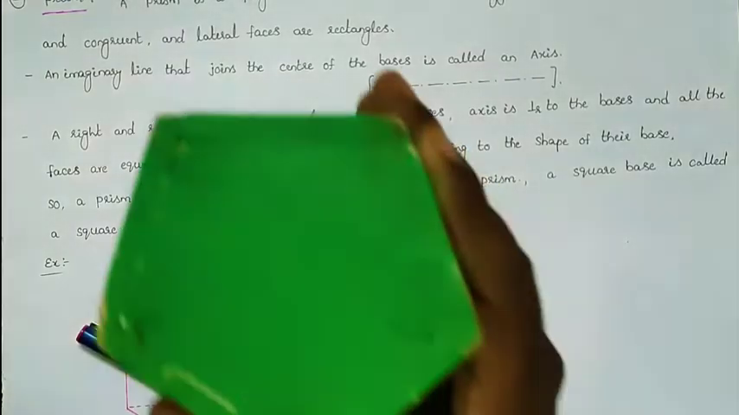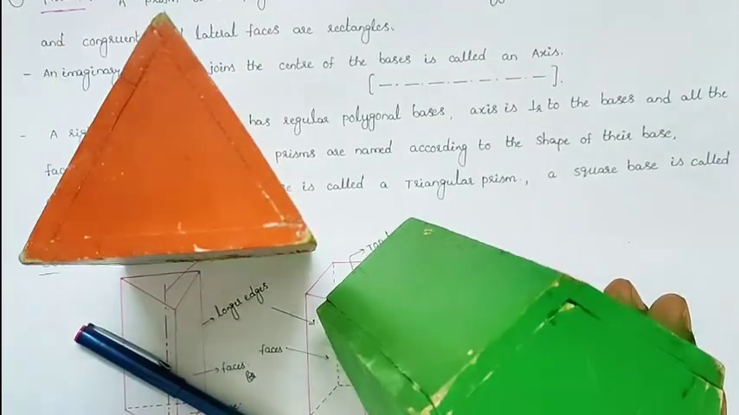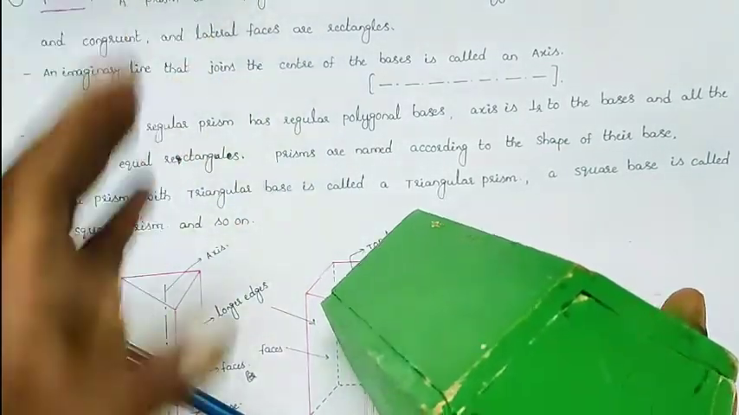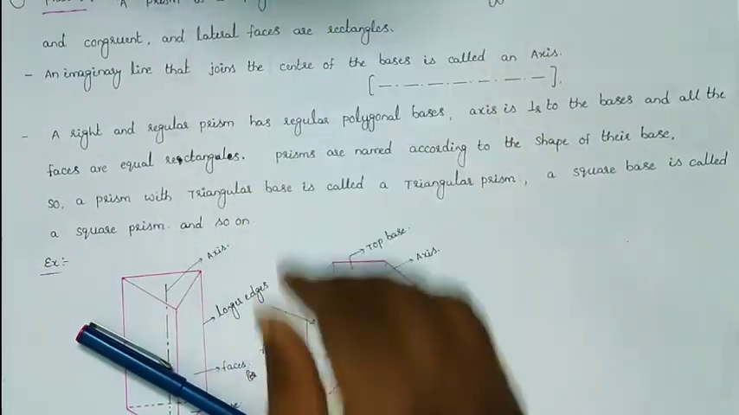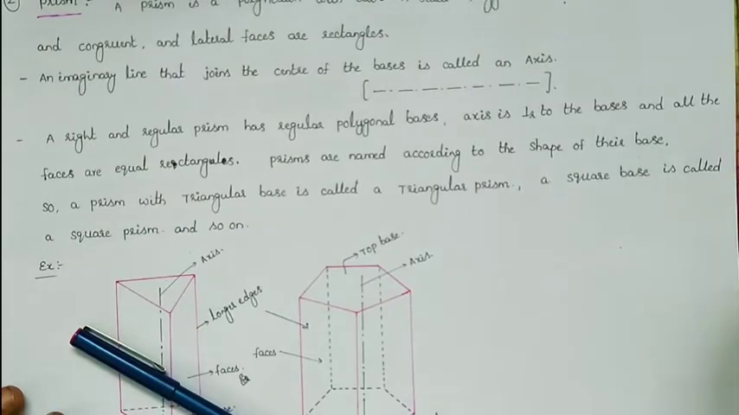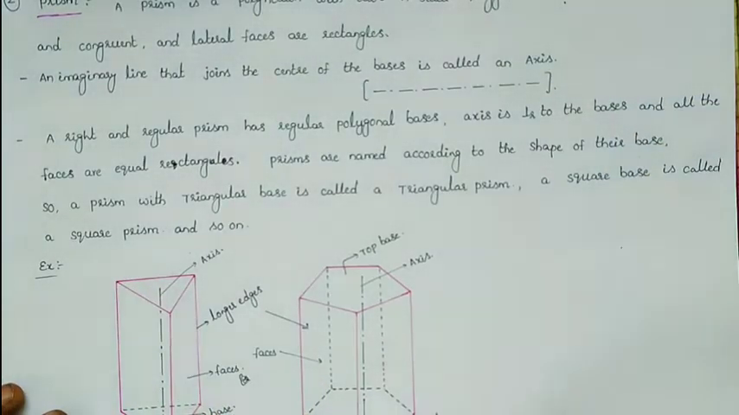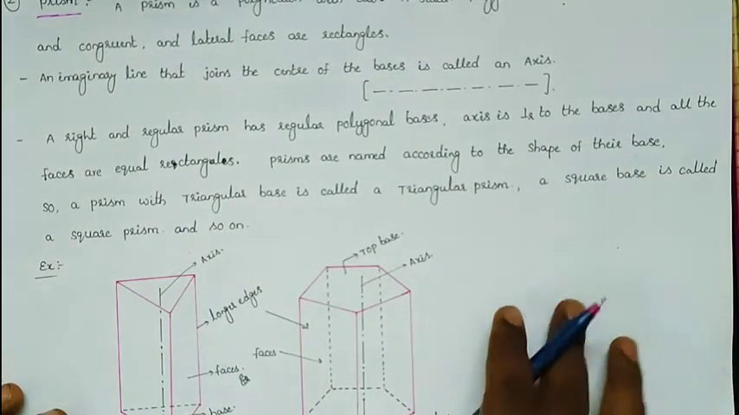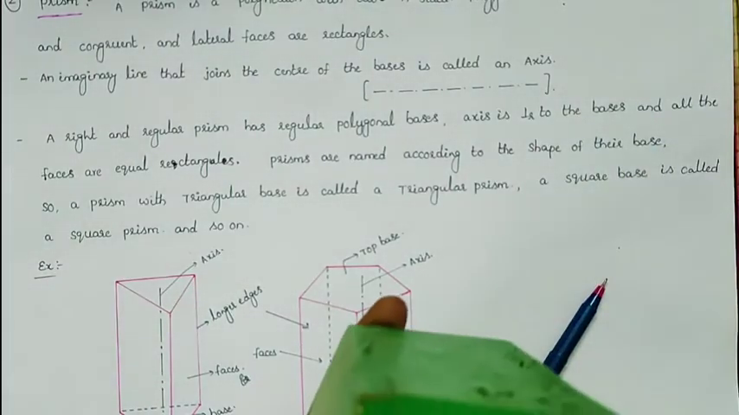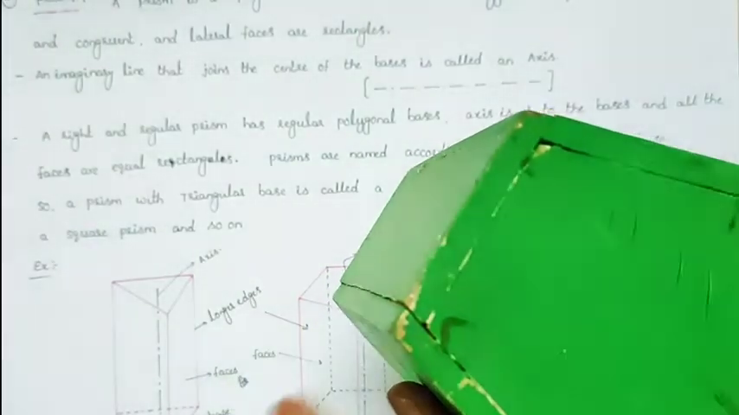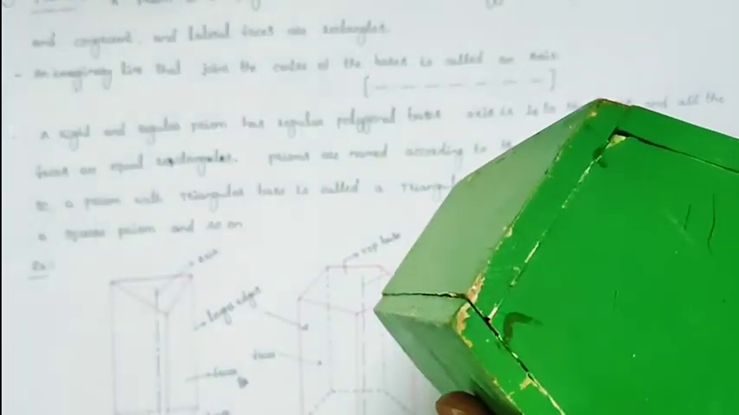So this one is a pentagonal prism, and this one we can call the triangular prism. First of all, what is meant by the prism? A prism is a polyhedron. A prism is a polyhedron with two end sides of polygonal bases. So a prism can be defined as a type of polyhedron with